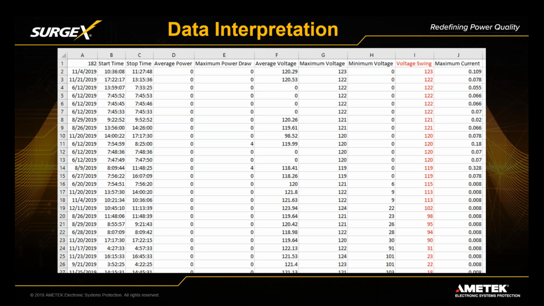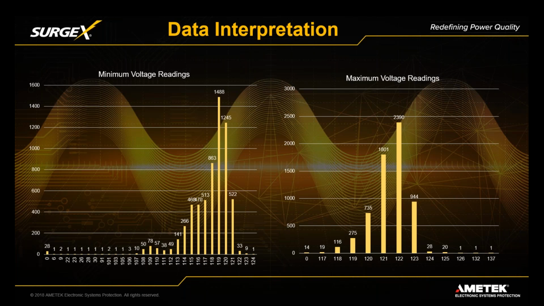And actually that leads to my next graph right here, where I'll do a histogram of how many times it hits in a 30-minute window in these specific categories. Remember, our target voltage is basically 120 volts, and you can see on the minimum side, for this particular data set, 1,245 times it hit that number, and on the maximum side it was 735. But you can see the distribution of how many times in a 30-minute window the minimum or the maximum was not inside our window. This is an indication that you've got a voltage fluctuation issue, and it needs to be remediated, either by looking to